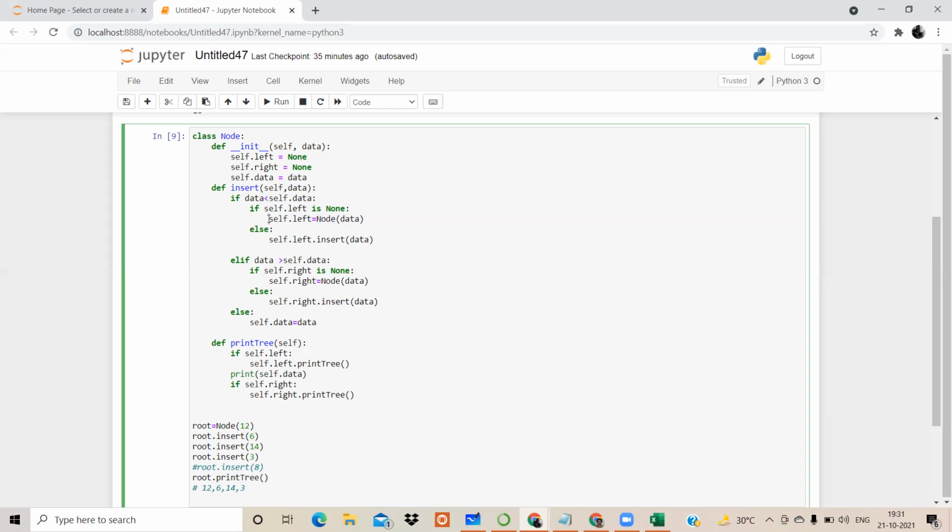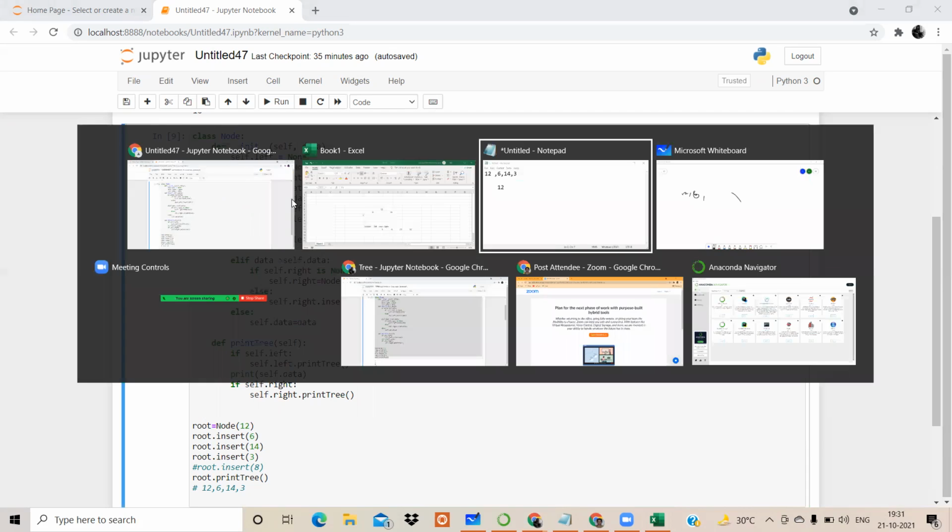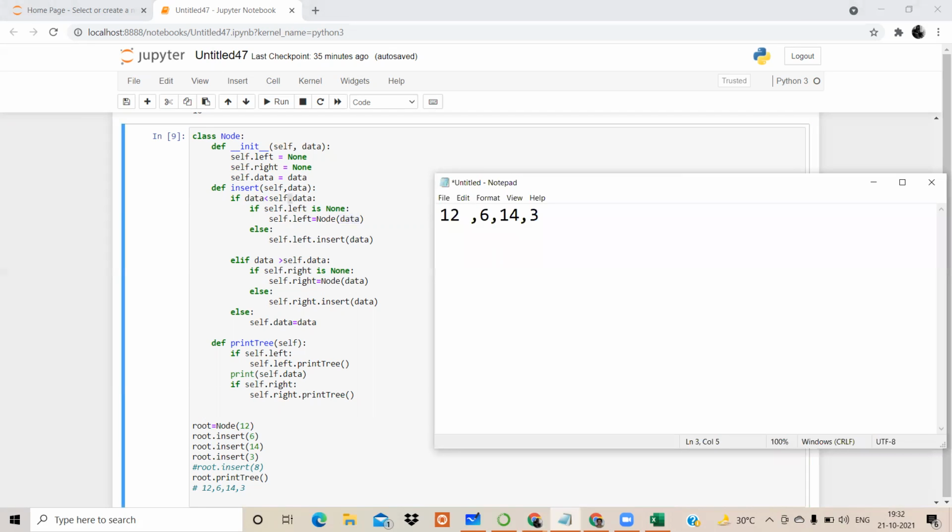Is this statement clear? Because this is slightly complicated, I won't say very complicated, थोड़ा सा complicated है. It is checking कि 12 के left hand side में, first we created this root node that is equal to 12, and जैसे ये root node create किया हमने 12 का, वैसे ही इसको एक left child and एक right child जो currently none है, ऐसा इसका condition है. That means it is having left as none and right as none.